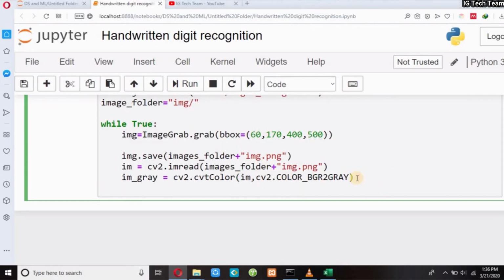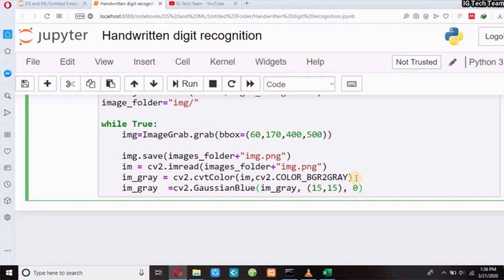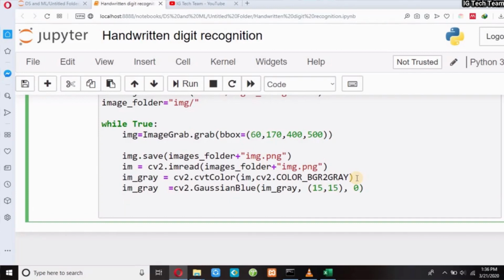Again, as I have done in my previous video, I have to blur my image using Gaussian blur. I have passed kernel size 15 by 15. This Gaussian blur increases the smoothness of my image. I can also pass the sigma value as 0, which indicates it automatically calculates the sigma x value from the kernel size, and the sigma y value will be the same as sigma x. I don't need to pass sigma x and sigma y myself if I pass 0 here. For more information, please read the documentation.